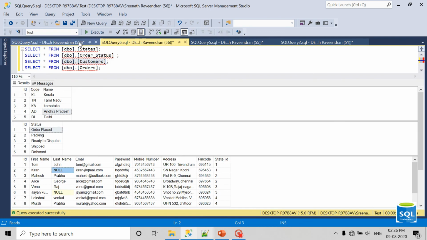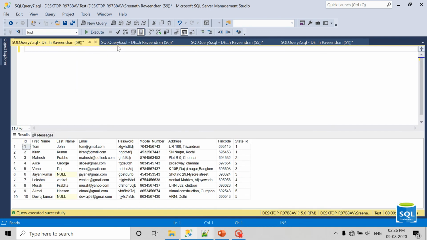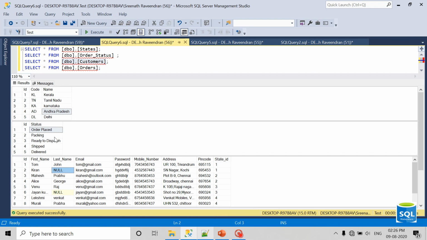How can we delete a record from a table? Let's say I'm inserting a new state into the state table, and then we can try to delete it.